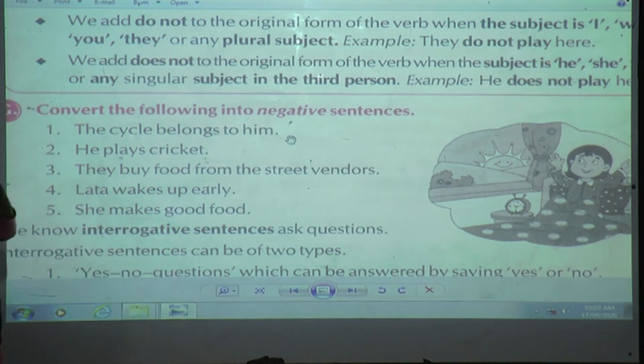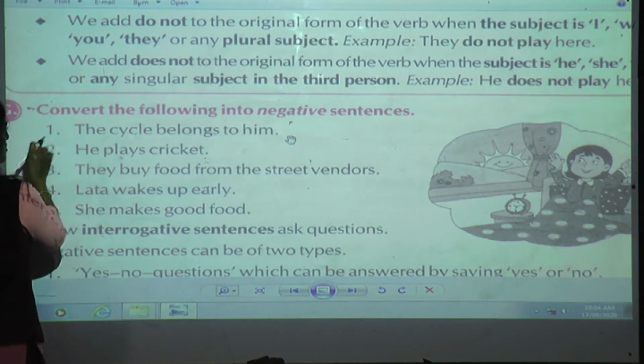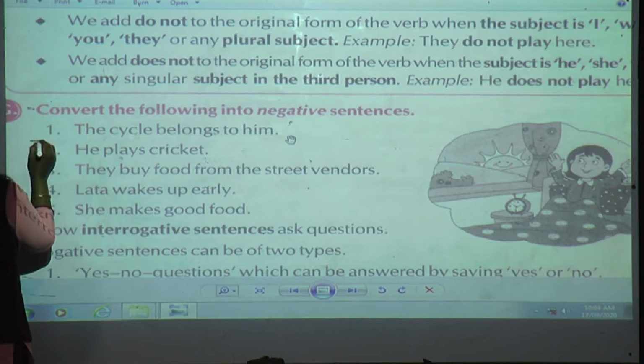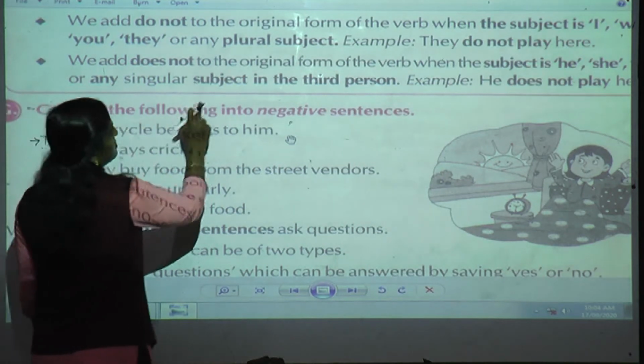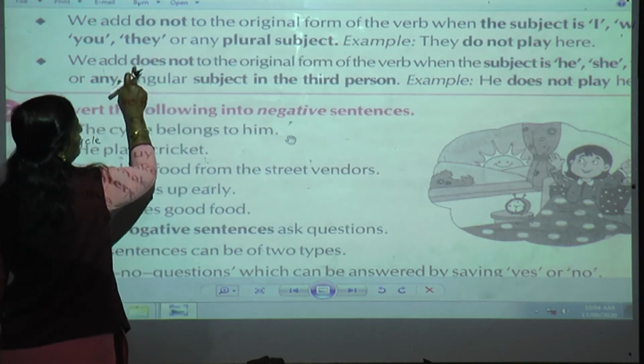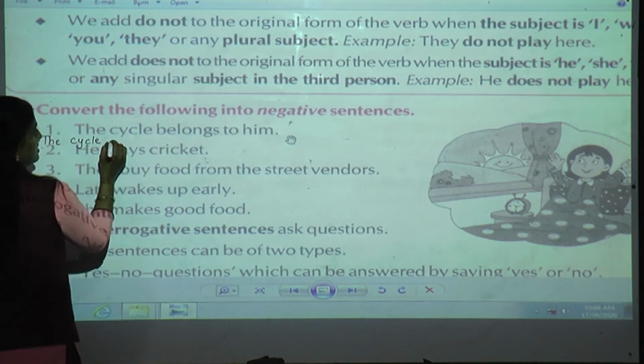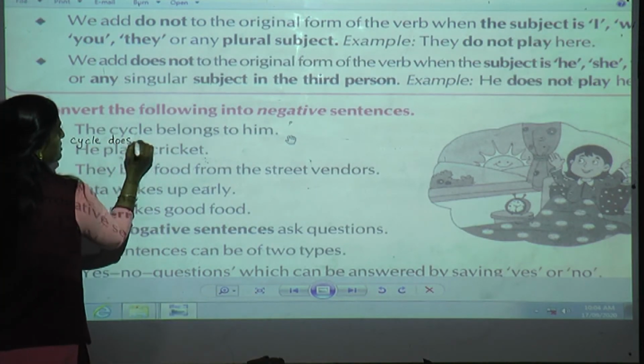Yes or no? Now what have they told us? You have to convert it into negative sentences. Now the cycle is what? It is a singular subject. Yes or no? So how am I going to write? Here space is there. You can write over here in small handwriting along with me. The cycle. Now if the subject is singular, can you see here? Singular subject, so what are we going to use? Does not. The cycle does not